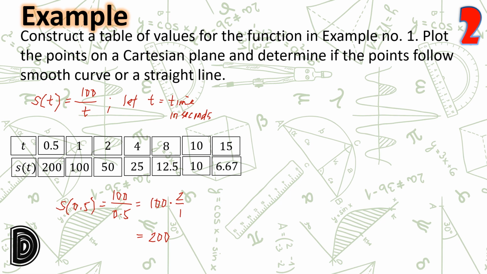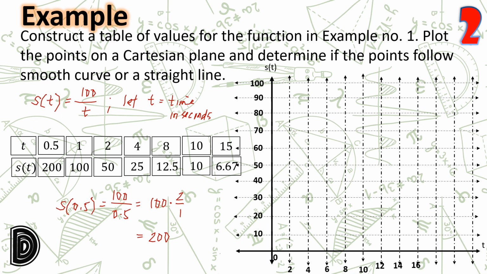Since we have values for t and S of t as positive, then we'll take the first quadrant of the Cartesian plane. Let us plot the points. When t is 0.5, S of t is 200. Our Cartesian plane does not have 200 on the y-axis or S of t. So we'll start with t is equal to 1 and S of t equals 100. That will be at coordinates (1, 100). t is equal to 2 and S of t is equal to 50. So we have (2, 50). Next, the coordinates (4, 25). Next is (8, 12.5). Then we have (10, 10). Then we have (15,